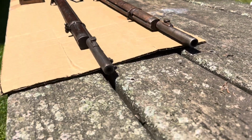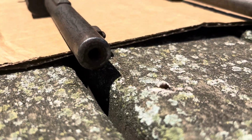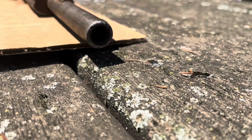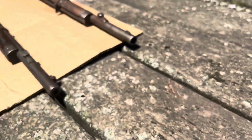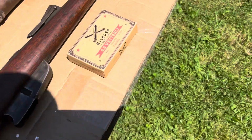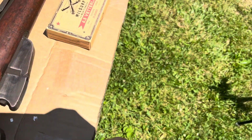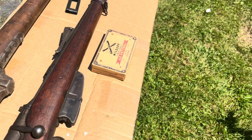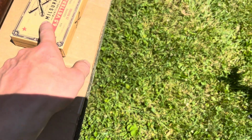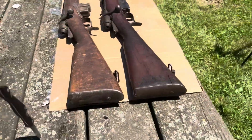Thumbnail right there, maybe. You can see how small the Vetterli Carcano barrel is compared to the 10.4x47. Smokeless powder, black powder. Unfortunately, you can't shoot modern Carcano through this, which is why I had to get the reduced load Vetterli Carcano from Milsurp Munitions. A little bit more expensive than modern Carcano ammunition, but it's worth it to be able to shoot